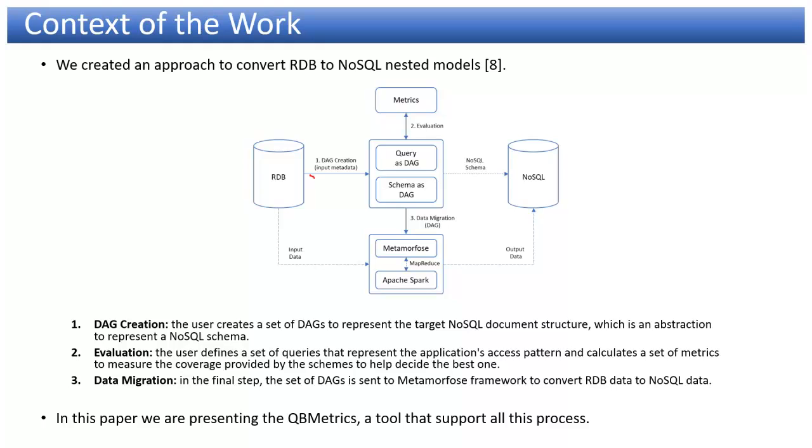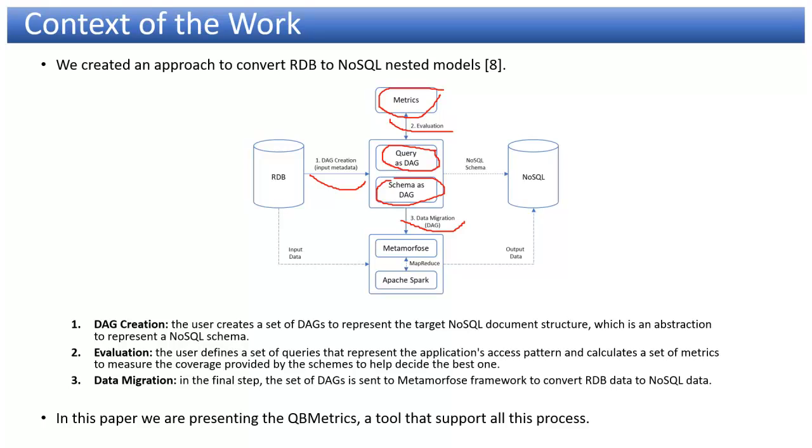In step 1, DAG creation, the user creates a set of DAGs to represent the target NoSQL document structure, which is an abstraction to represent a NoSQL schema here. In step 2, evaluation, the user defines a set of queries that represent the application access pattern and calculates a set of metrics to measure the coverage provided by the schemas to help decide the best one. In the final step, data migration,